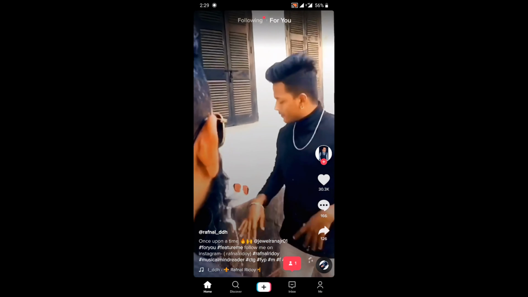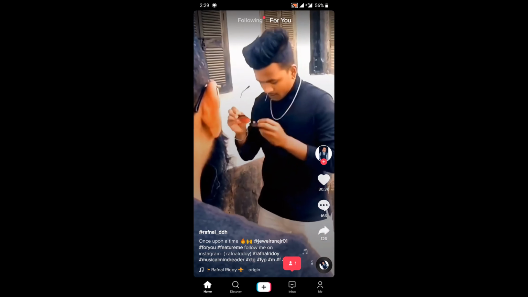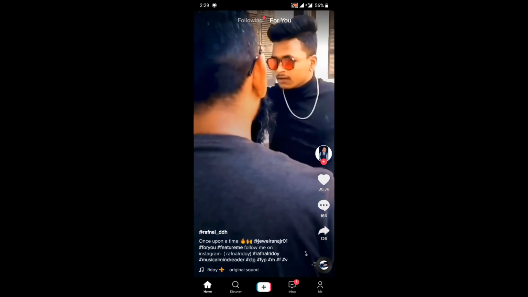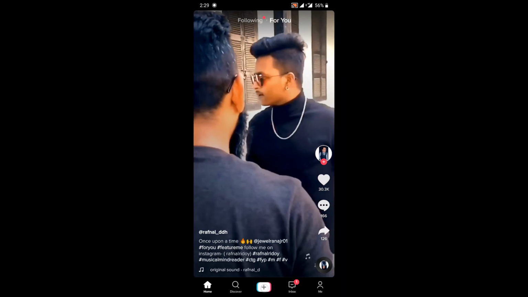Firstly, I want to tell you that if you want to trim, then you need to record a video. First, record a video of 15 seconds or 16 seconds. Then press on the right icon. After that, you can see the trim option. Then when you click on the trim option, then it will be like